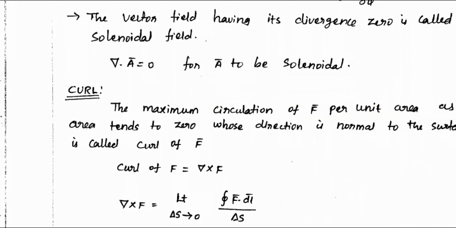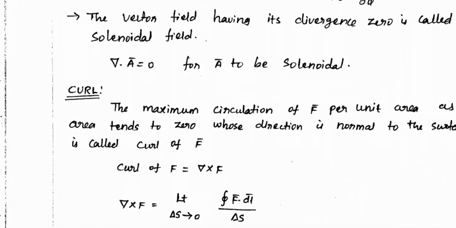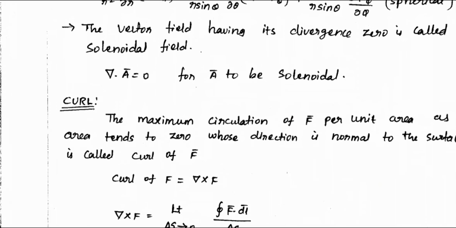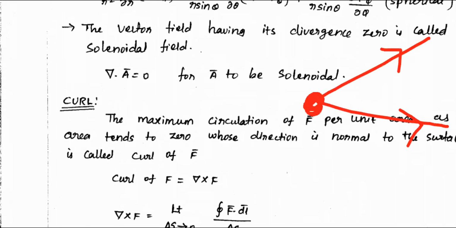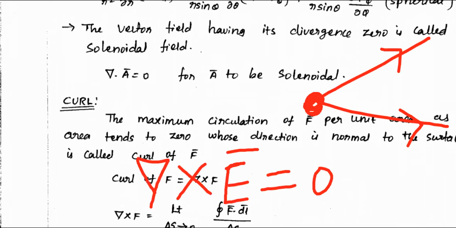And what is the nature of the electric field? See, this is your source. The electric field is going in a line. It is not having any rotational capability. Simply, it is going on a line. That's why if you calculate del cross E for the electric field, that is always 0.